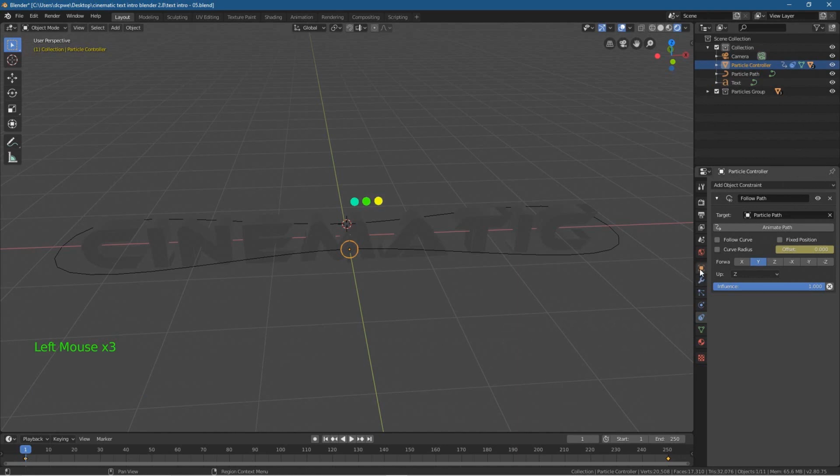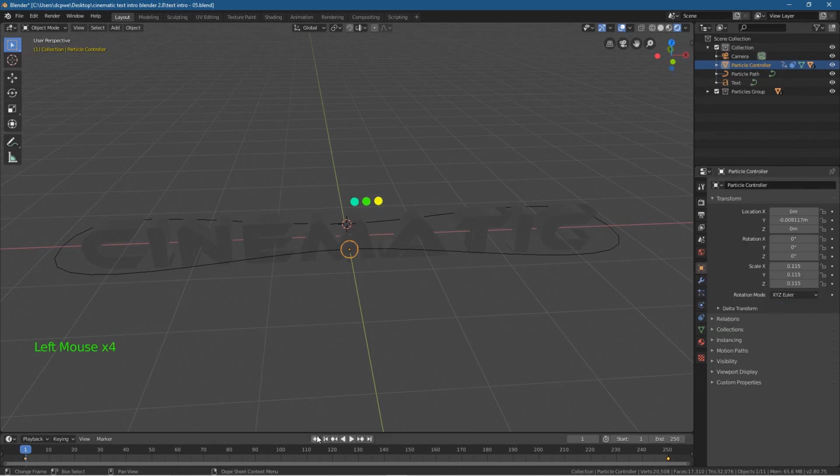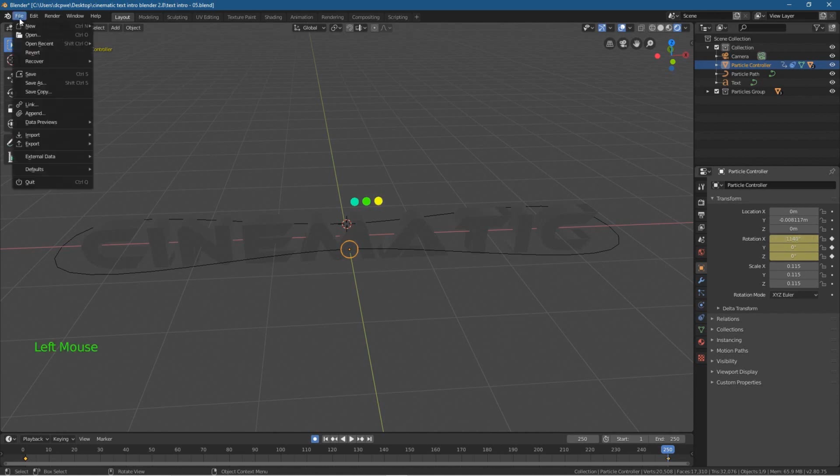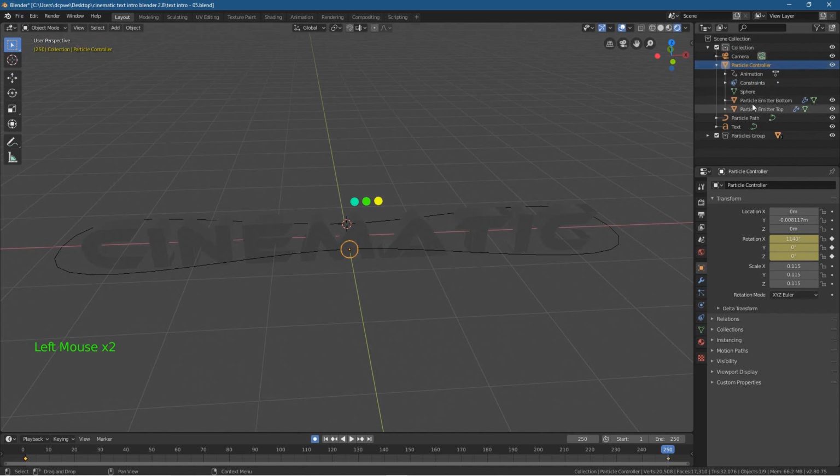Again, go to the object data here, hit the record button, and in the rotation press the letter I here, and go to the very last frame on frame 250 and press the letter I here as well. And then in the rotation for the X, we want to set it to 1140. 1140, go to File, Save, and then click on this drop down here, this arrow, and then we can click